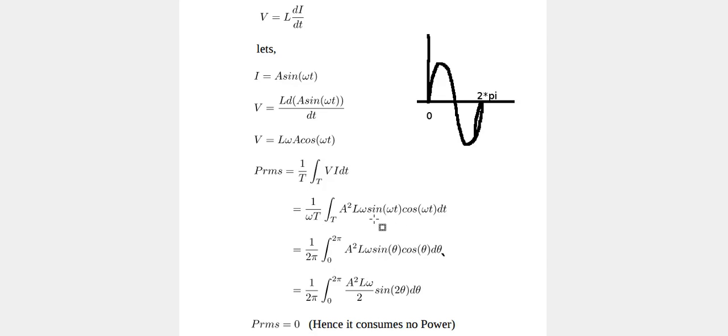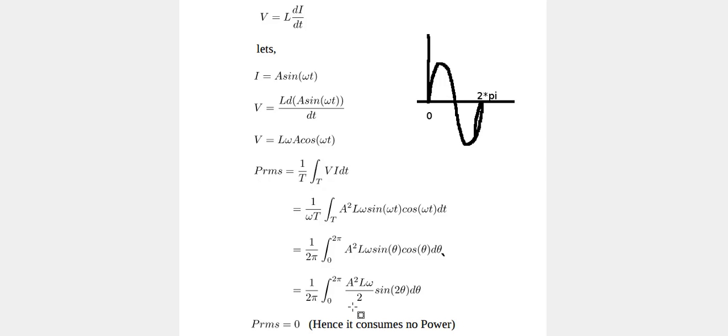After I substitute the value, I have taken the omega out, and then I'm going to replace the time period with 0 to 2 pi. Here omega is 2 pi by T or f, so the dt gets cancelled, it became 2 pi, and if I integrate these two,